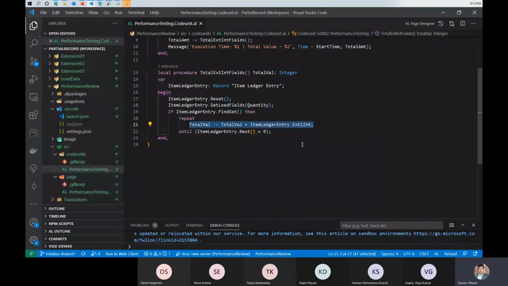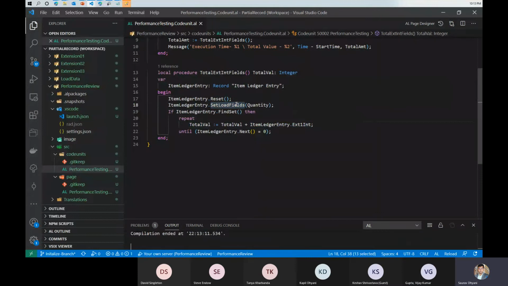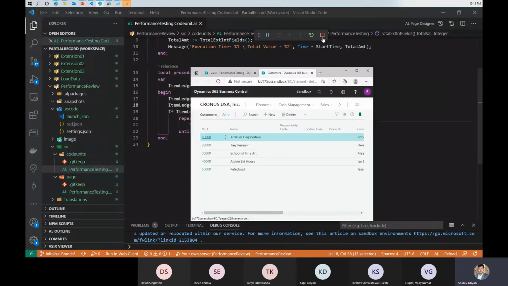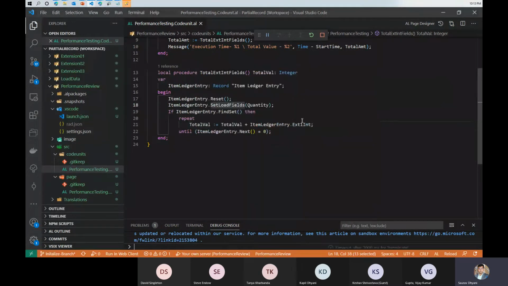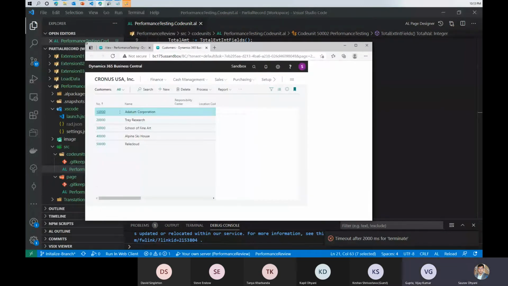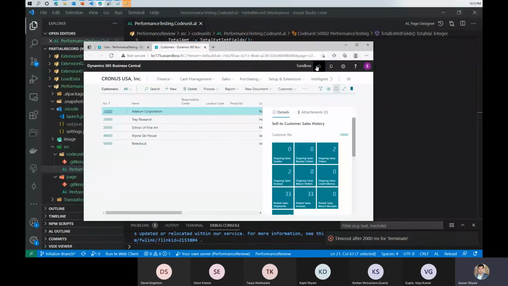It will load this value at the time when this line is executed. So let's see the impact of this, where the field that I'm using in my calculation is not part of my set load fields. The system does not have that info firsthand, that I need to fetch the extension one integer value, because that is used in the code. But when the code reaches this point, then it understands that the calculation is based on this, and then there will be, I'm hoping, a second call to fetch that value. So let's load that,